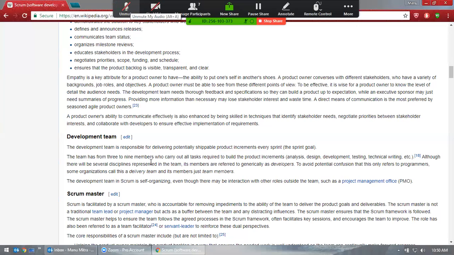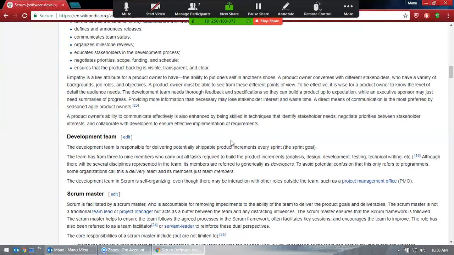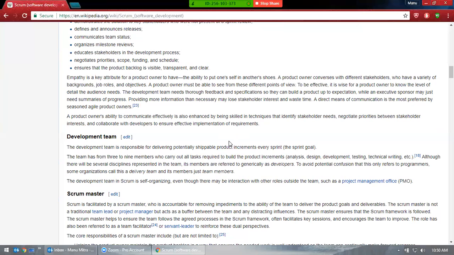So in that case, you might not have the same developer what you're looking for. So you need to reach out to a different team who has that. Let's say if you're looking for a Java developer and a Java developer is not in your team, then you need to look out for another team. You cannot just say you don't have a developer. You need to talk to your scrum master, and reach out to another team so that you will get the developer. Okay, so that's the development team.